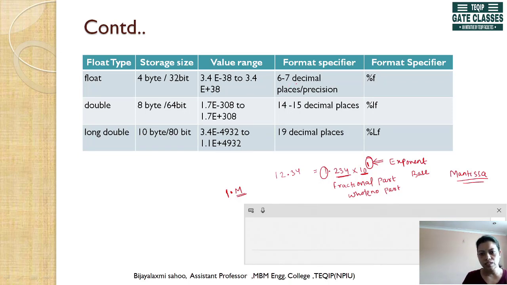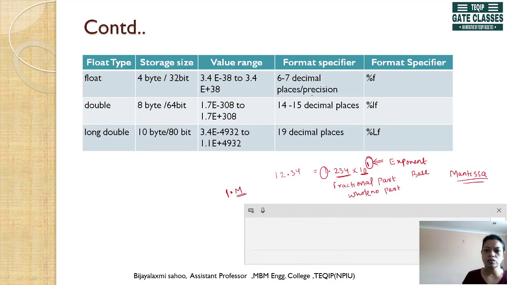This number of precisions, or number of decimal places, varies. In some of the books you will find 6, in some you will find 7. That's why I have written the range 6 to 7.